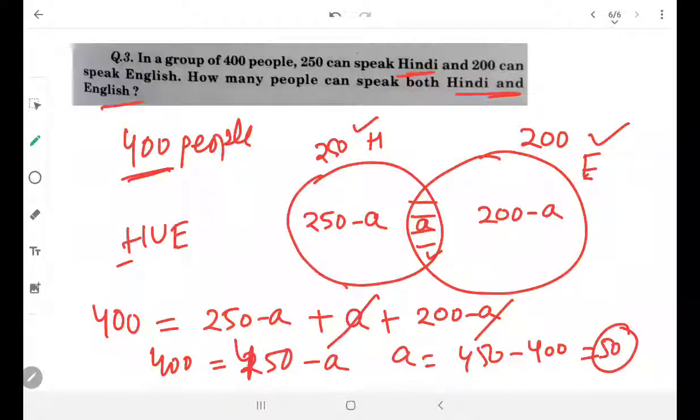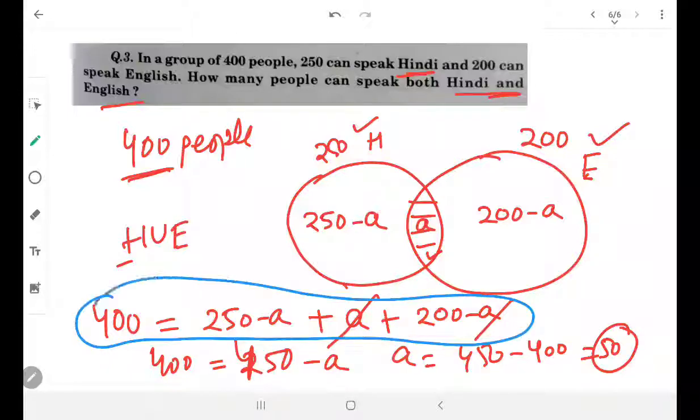I hope this is a very basic video but very important video. This thing which I have discussed over here, I highlight it again, is very important. Here they have asked just one question like Hindi and English, but if they ask you to find out the people who can speak Hindi only, you can answer these questions very easily. And when it goes to the second step, that is when you will have 3 sets, then these things will help you a lot.